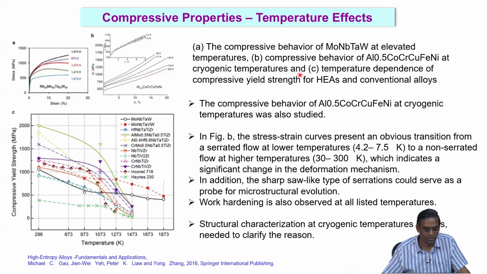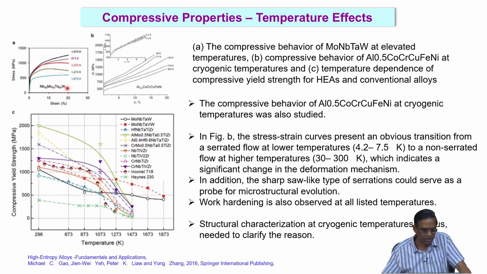So these are very interesting plots. And C is the temperature dependence of compressive yield strength for high entropy alloys and conventional alloys. In C, all these new alloys are compared with the conventional alloys like Inconel 718, Haynes 230, they are all superalloys, right. So what you see is